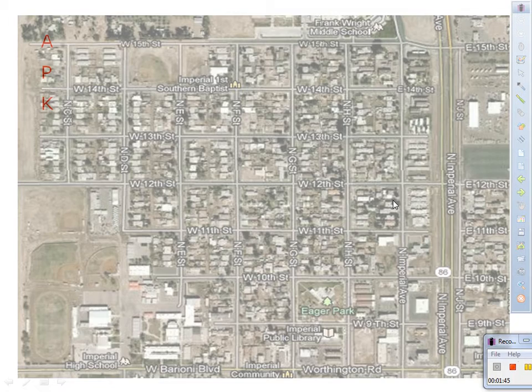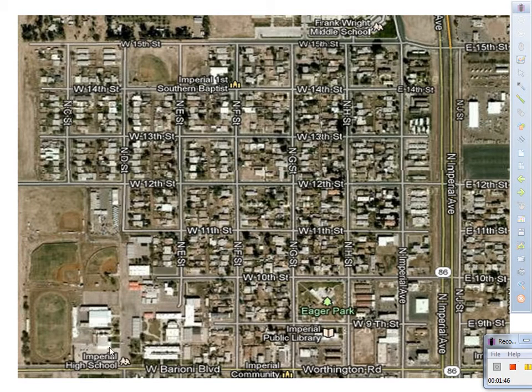With Google Maps, I showed them, okay, here's part of Imperial. We are right here at the high school. And we need to get to Frank Wright, which is over here. Okay? So I said, to get from here,